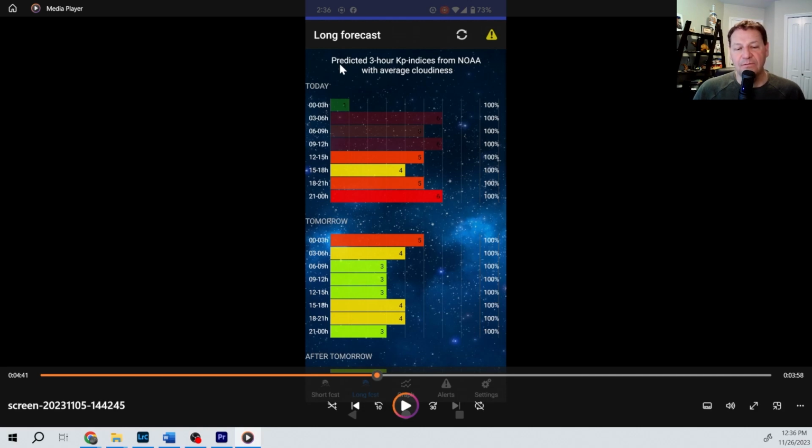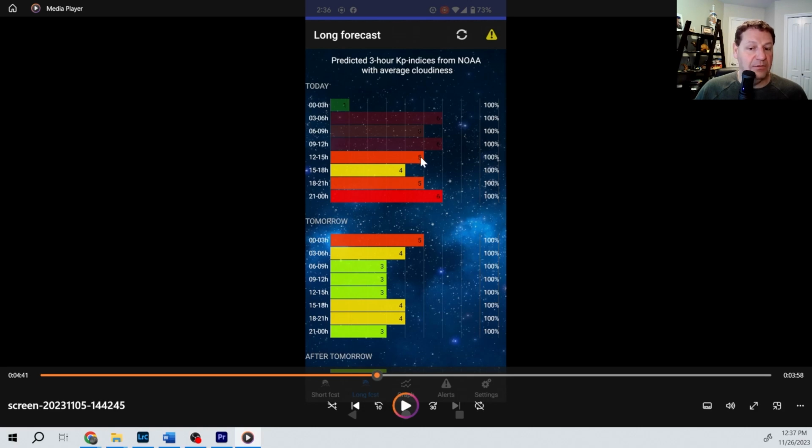If you're in a different time zone, these might not actually be 0 to 3. It might be 1 to 4 or 2 to 5 for your local time zones, but at least the app adjusts these times to your local time. And you can see here that nothing's going to be visible. So that would be just after midnight. When I recorded this it was past midnight, so I was recording it in the afternoon. So 12 to 15, and then you can see there's